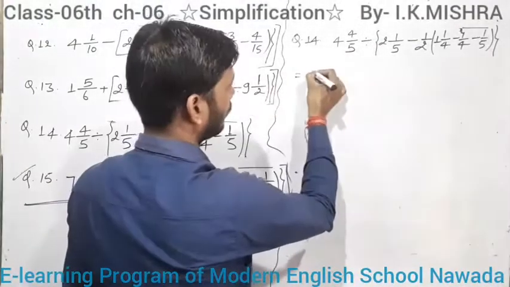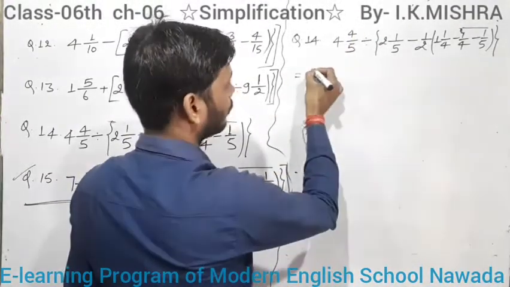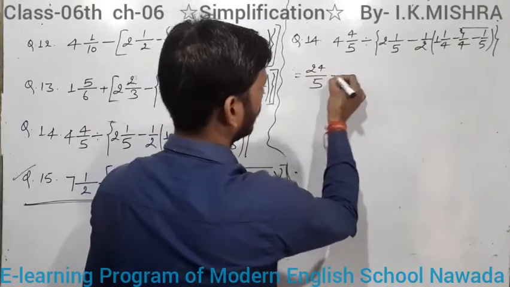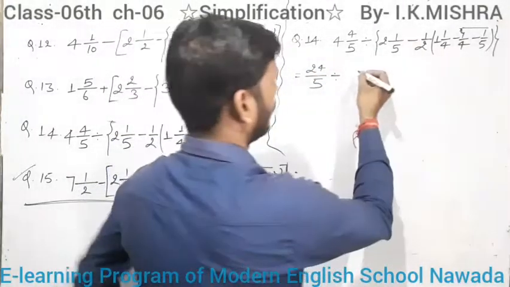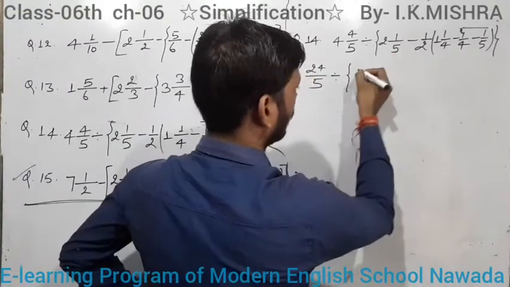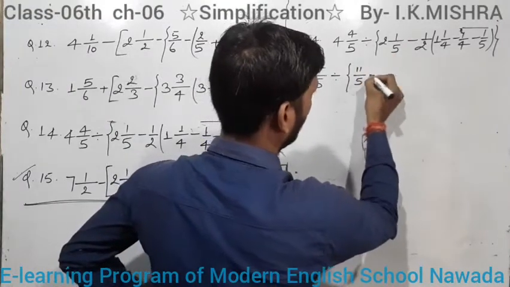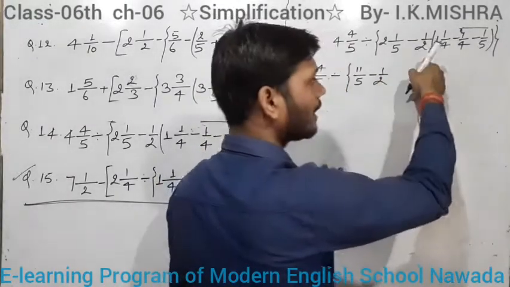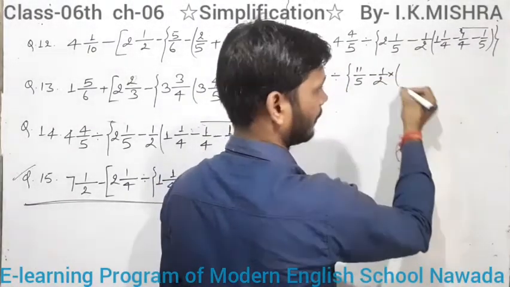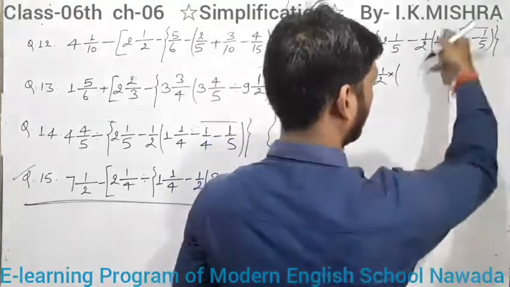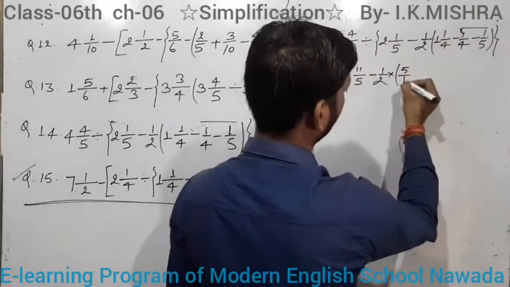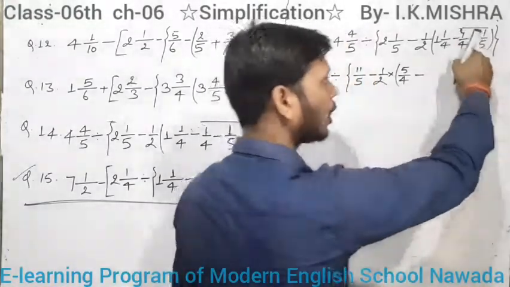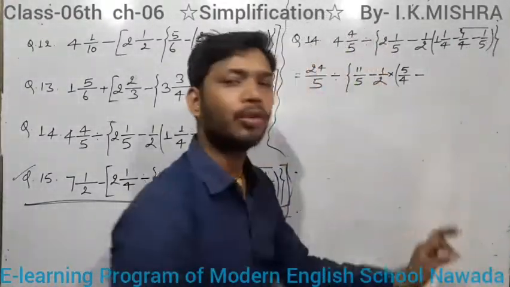So here it changes into 24 upon 5 divided by 2 whole, that means 11 by 5 minus 1 by 2, and you can give a multiplication sign, and here 5 by 4. Students, here a minus sign is given, and do the operation between these, or you can